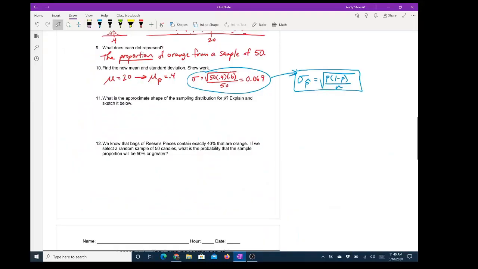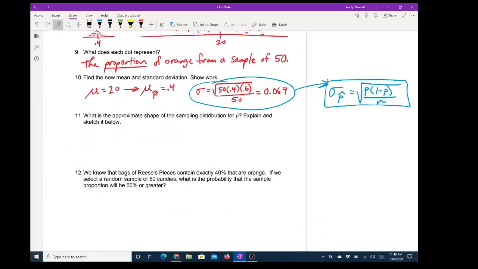Okay, 11. What is the approximate shape of the sampling distribution for p hat? Explain and sketch below. If it started out normal, it's going to finish as normal, right? We're taking a normal graph, we're just dividing it by 50. All that's doing is compressing, and so it's going to stay the same. The shape will stay approximately normal, just squeezed